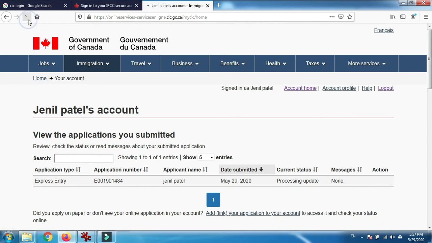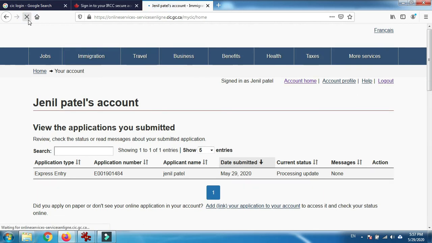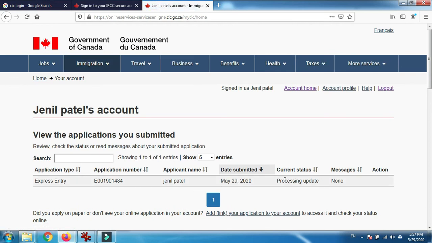Okay, so it is still under process. You will see the status change over here to application or profile updated. And if it is not updated within a few seconds or minutes, that is okay, it will be updated after some time, when they update the data.